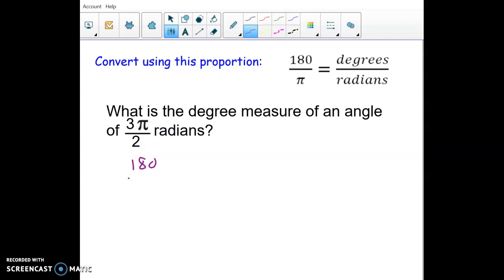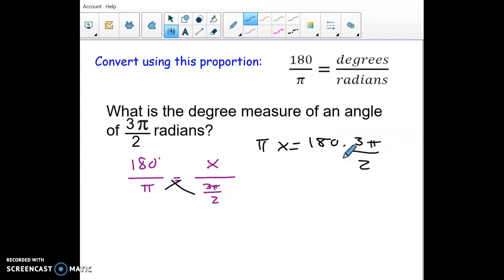Okay, so I'm going to start the same way. 180 degrees is pi radians. And then I'm going to do x degrees and then 3 pi over 2 radians. Okay, now I'm going to go cross products. So I have pi times x equals 180 times 3 pi over 2. And again, I'm going to write it over 1 because then I'm going to multiply those fractions. So this side would become